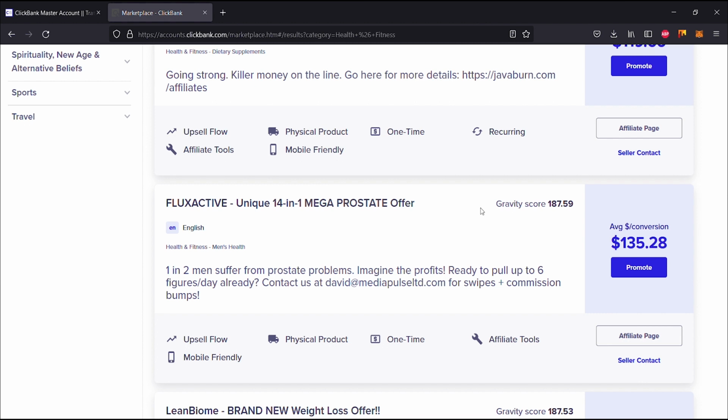Available in English. Gravity score sitting at 187.59, and our average dollar per conversion is $135.28, and our features include upsell flow, physical product,